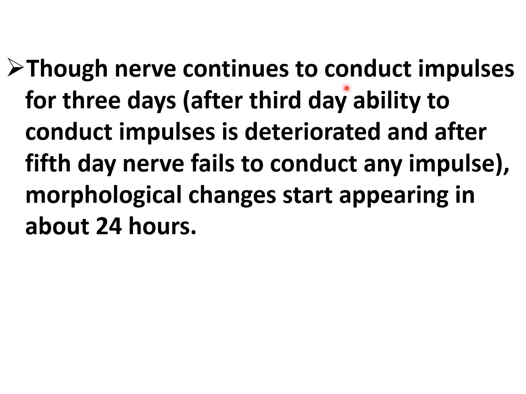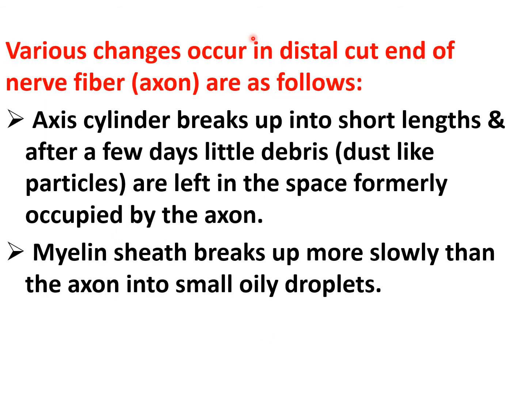Though the nerve continues to conduct impulses for 3 days, after the third day the ability to conduct impulses deteriorates, and after the fifth day, the nerve fails to conduct any impulse, and morphological changes start appearing in about 24 hours. Now, which degenerative changes occur in the distal cut end of the nerve fiber? So first of all, the axis cylinder breaks up into short lengths,